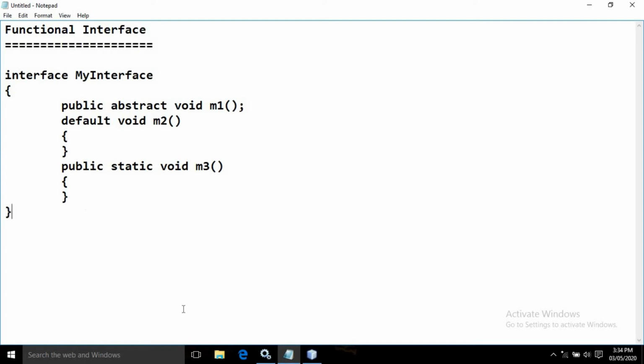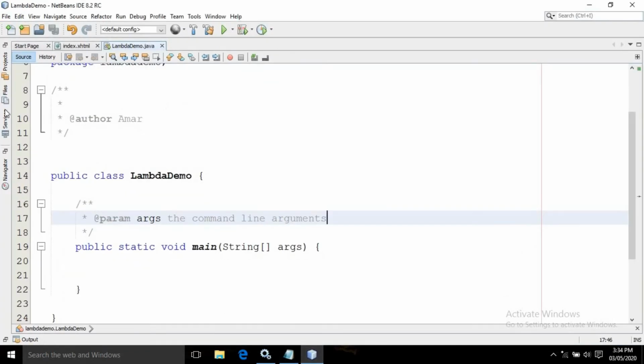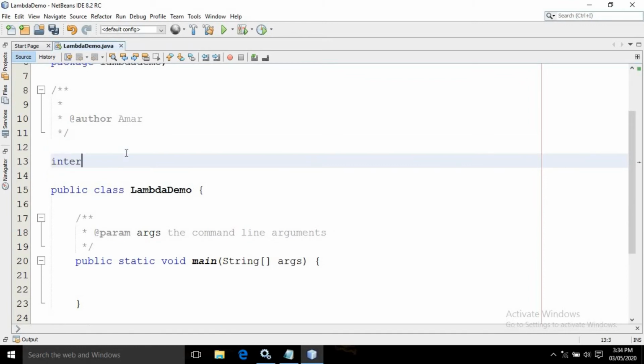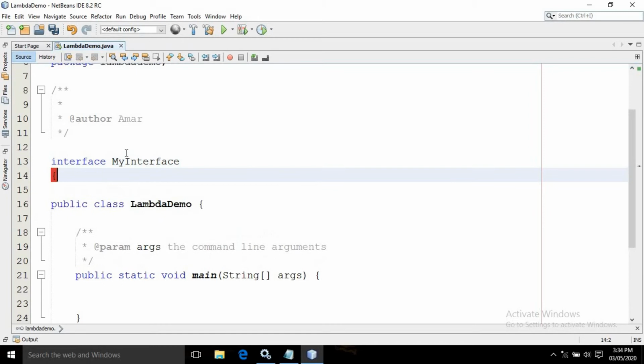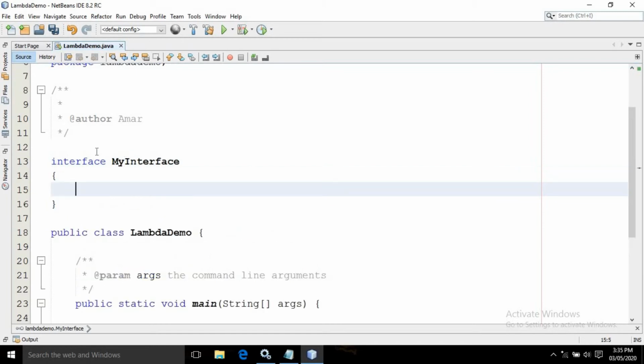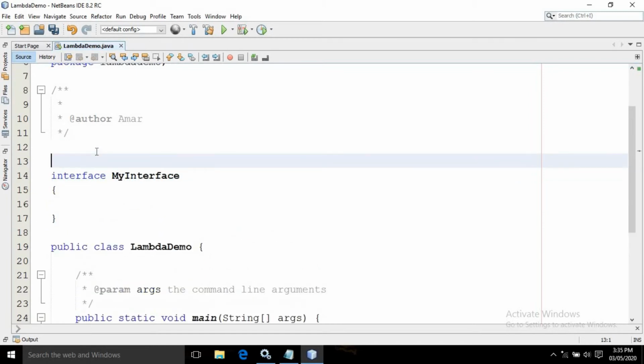Let me show you what I have done. Here I have created a simple project named lambda demo. I am creating an interface named MyInterface and declaring it with the FunctionalInterface annotation.